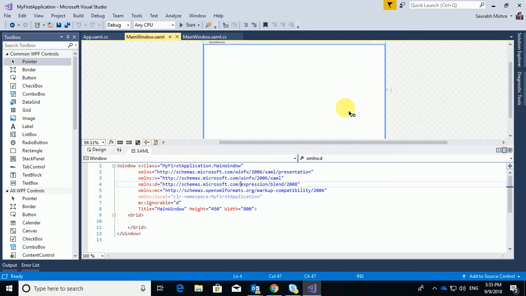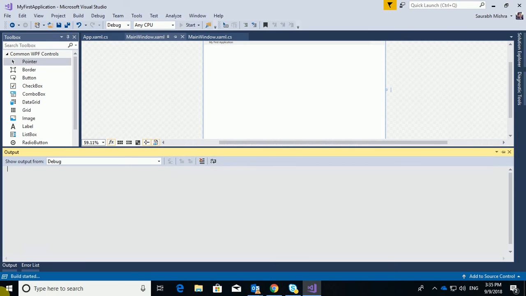You can add controls as you want on this XAML file. If you want a button or a title or a label or a combo box, you can add all those controls here. So I'm going to change the title here to My First Application, and I'm going to save it and see what happens.